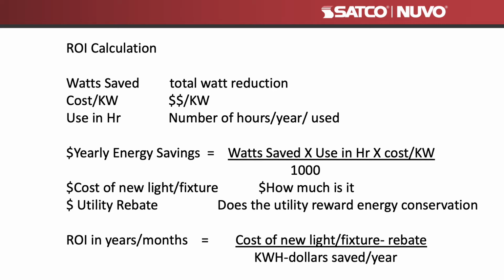The manual calculation for return on investment is total watts saved, the cost per kilowatt in that area, and the number of hours a day that the fixtures are on. So watts saved times the cost divided by 1,000. We also then need how much is it going to cost the customer to purchase and install the fixtures. And if there's a utility rebate, we'd also factor that in. So it's the cost of the new light fixture minus the rebate divided by the dollars saved with the lower energy. Now, we won't ask you to do this by hand, but it's always good to know where the numbers